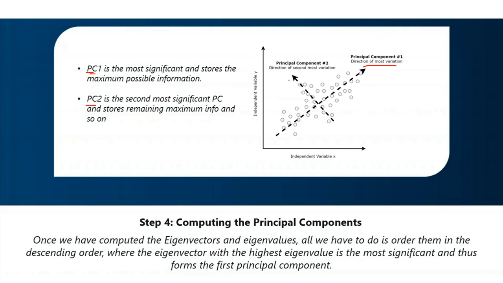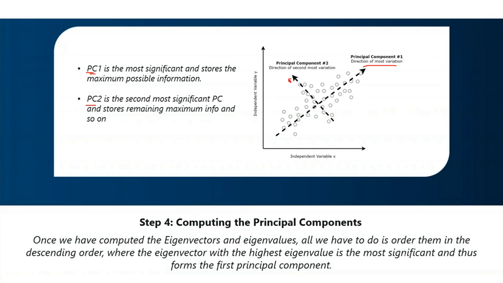So that is represented in this direction. This will be the second most important data. So this is our principal component 2. And this is the fourth step we are talking about. Once you have computed the eigenvalues and, based on that, derived the eigenvectors, all we have to do is order them in descending order, where the eigenvector with the highest eigenvalue is the most significant,